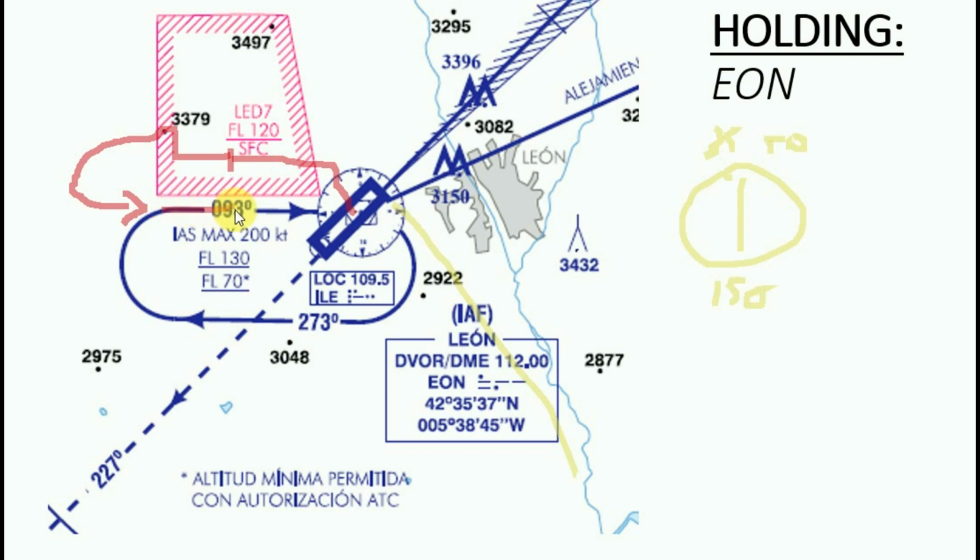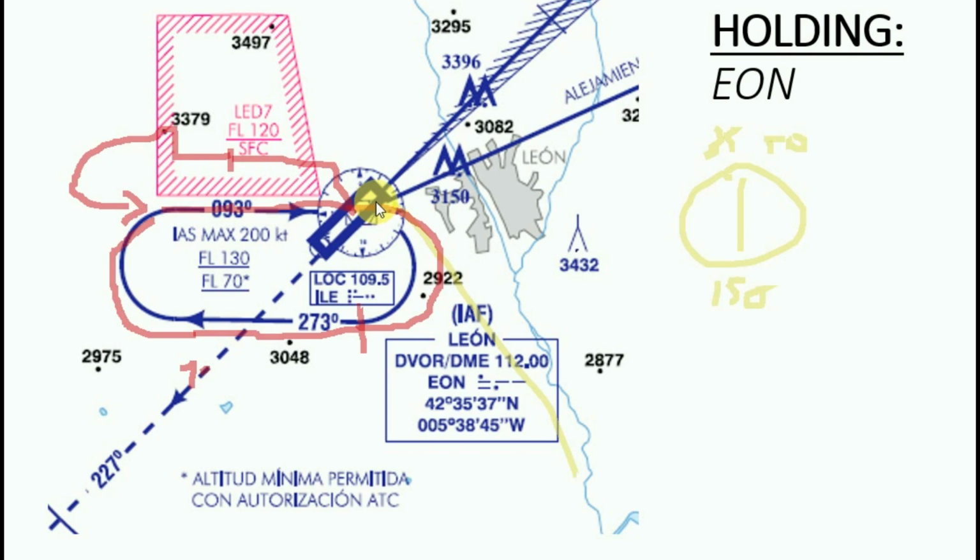When we overfly the station again, we will join the normal holding pattern, turning right to heading 273 until we are abeam the station or with the wind level, whichever happens latest, remember, and then we will go for a minute more on the outbound leg. When we achieve a minute, we will make a right turn, 1 minute as well, to catch back inbound 093 towards the station. During this leg, we should complete